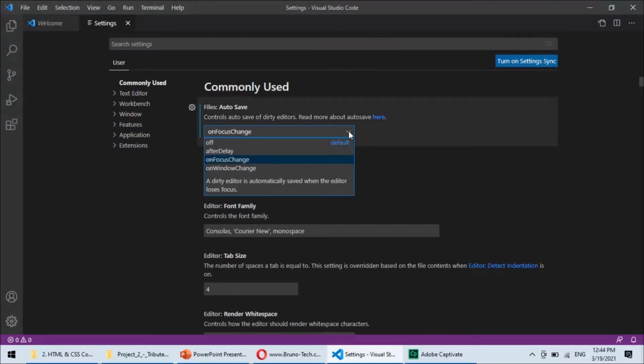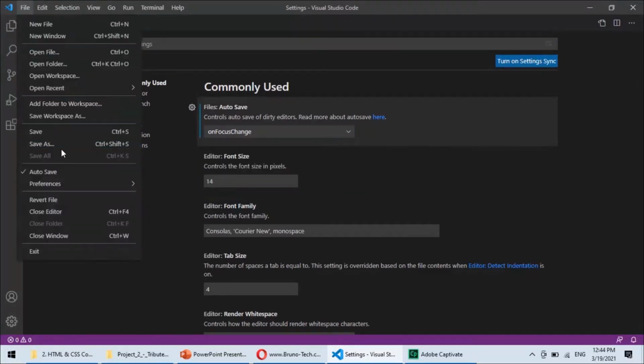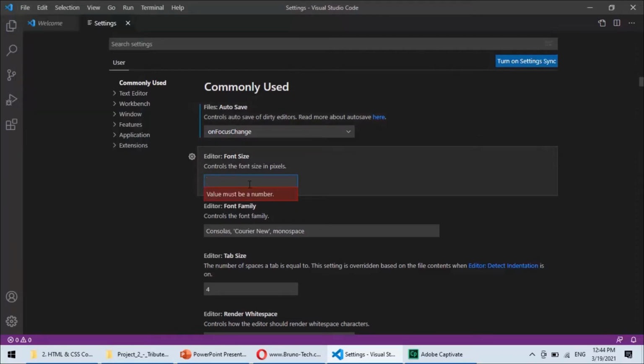So autosave is on. I have it in the files. I have the autosave on here, and the text resolution, I'm just going to put it on 18. You can do it as well if you want to. And then we're just going to start with